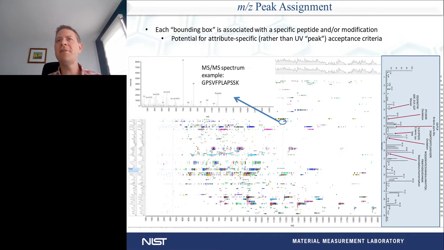So this is a little bit of a different representation of mass spectrometry. This is using some software that we've been utilizing in the past couple of years to look at analysis of these peptides. So on the right-hand side, you can actually see that we've sort of moved this chromatogram that we showed on the previous slide to be the y-axis.